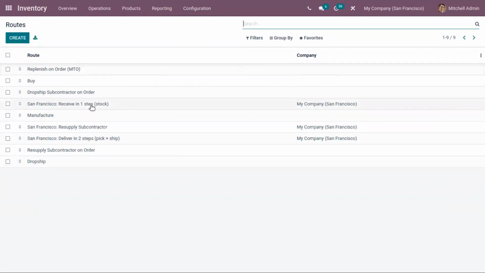In the case of reception, you can see it is done through one step, and for delivery, as we have changed the warehouse configuration, we can see that the delivery is done in two steps, that is pick and then ship.